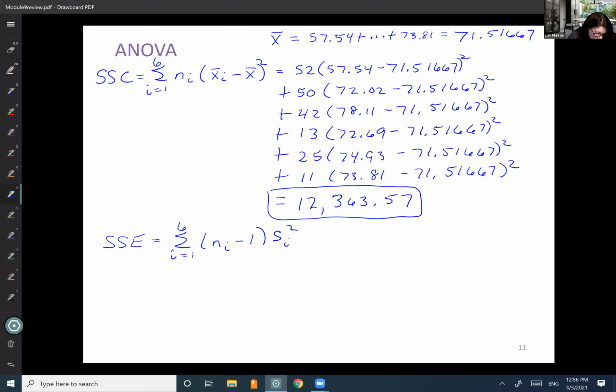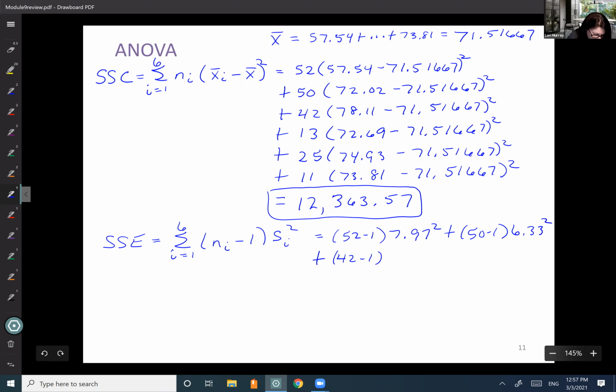So first one is 52, subtract 1, that's for Africa, multiply by 7.97 squared. Asia, 50, subtract 1, multiply by 6.33 squared, plus 42, subtract 1, times